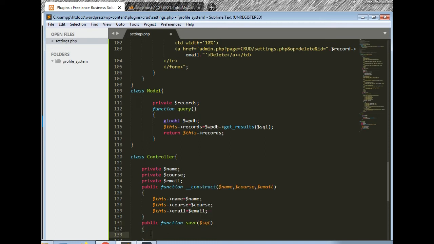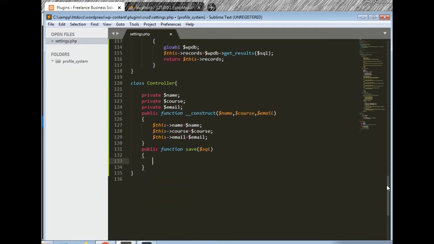Save will save the data. What is the data? The data is $sql. $sql is equal to,